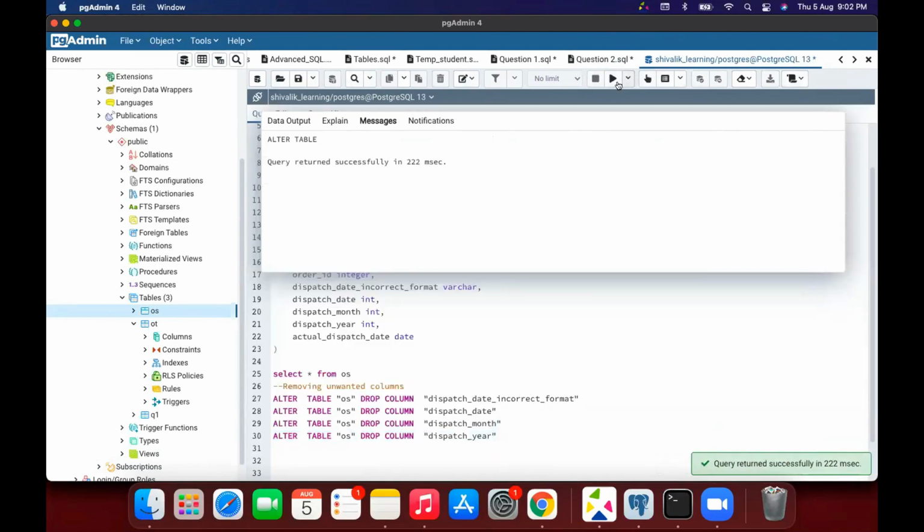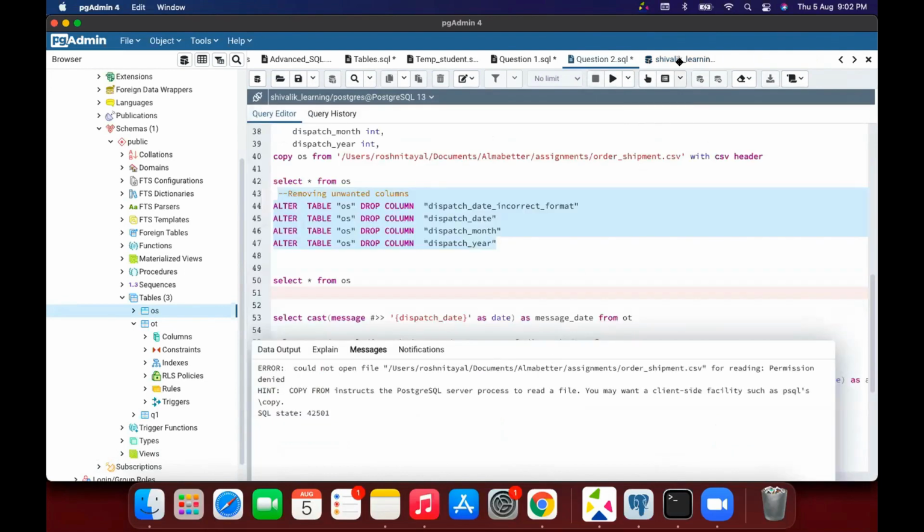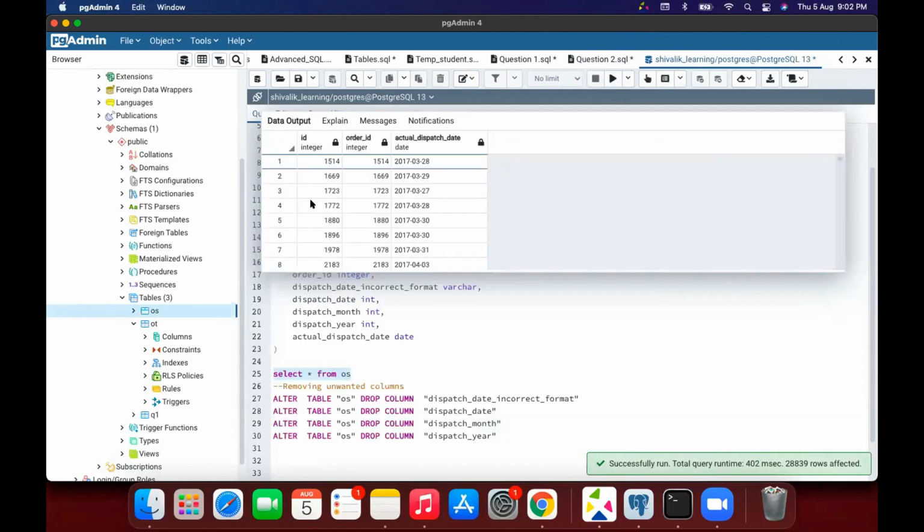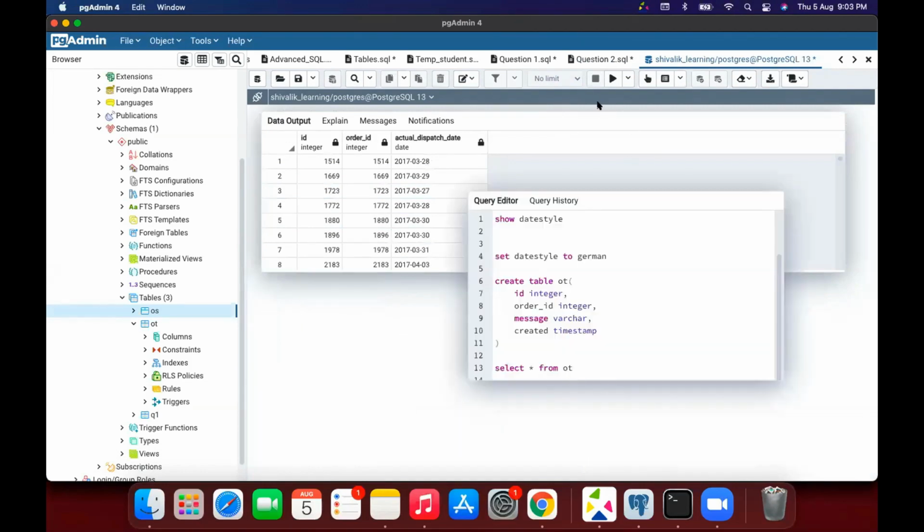Now I will run it again so that you see the original table that we wanted. So this is our original table that we wanted. Now the operation with loading the data with the order time, loading the